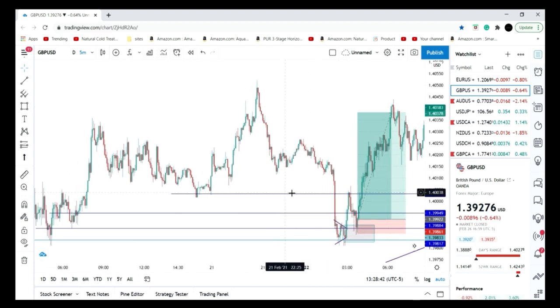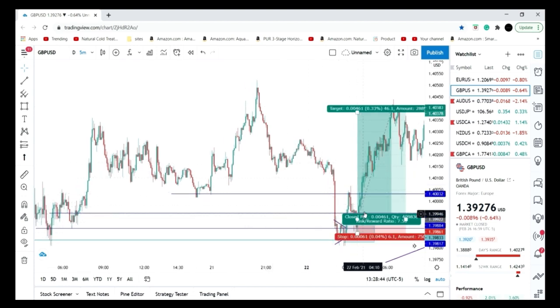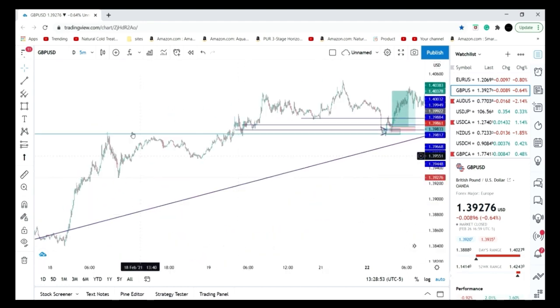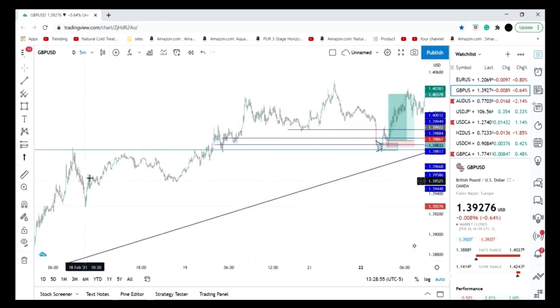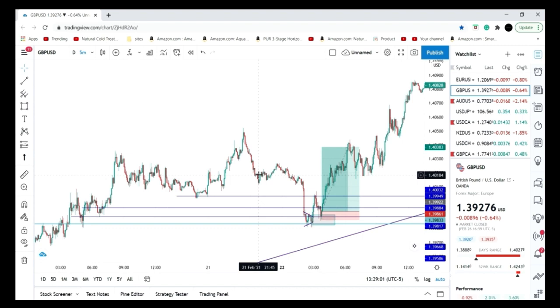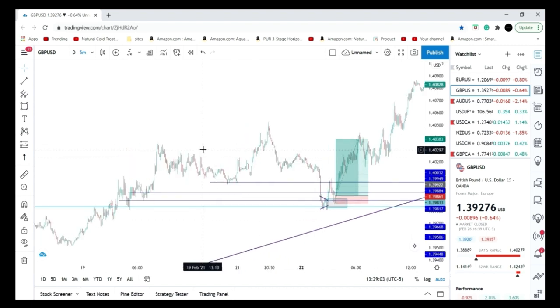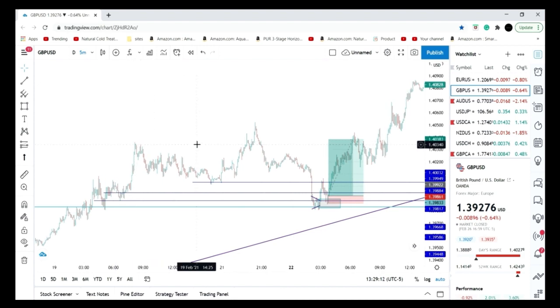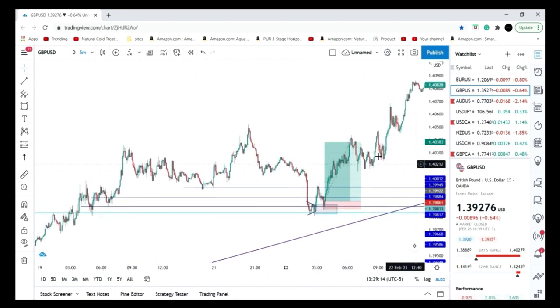Another thing with these exits, you should be looking for a minimum of 2-to-1. You shouldn't just be getting in and looking for a quick 1-to-1. These are high quality levels, and they're levels off the 1 hour, so you can get a minimum of 2-to-1. But you still have to look at the structure and see if you've got room for maybe 5-to-1 or 6-to-1 or even more,